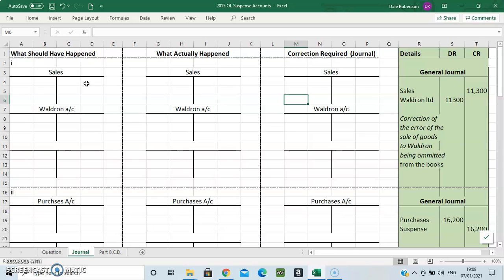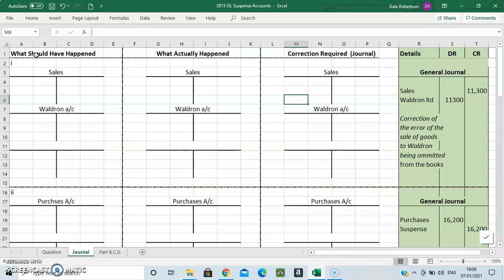So the first error from the question said goods sold on credit to Waldron Limited for 11,300 had not been entered in the books. Now, if something has not been entered in the books, then that's what we call an error of omission. It has been completely left out. And you have your definitions of errors on Google Classroom. So